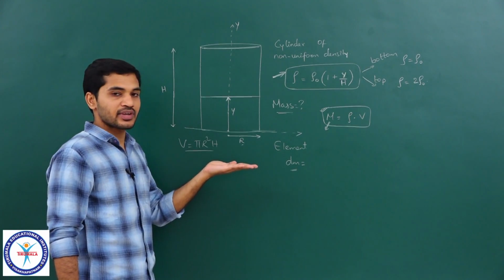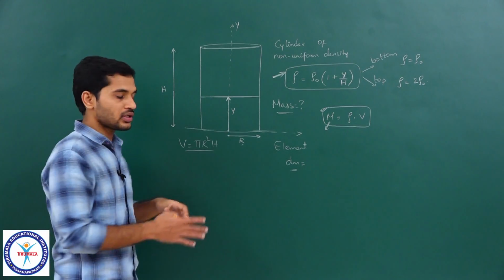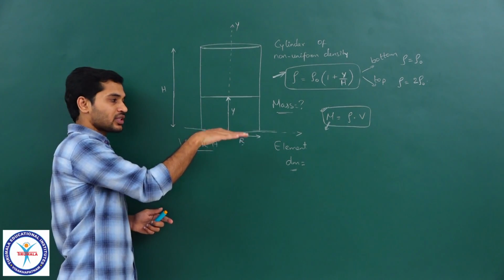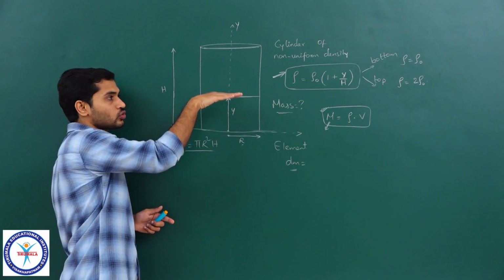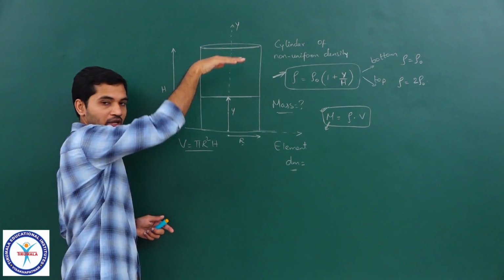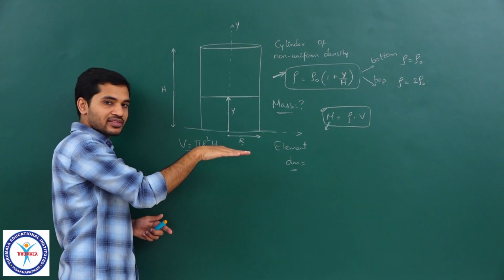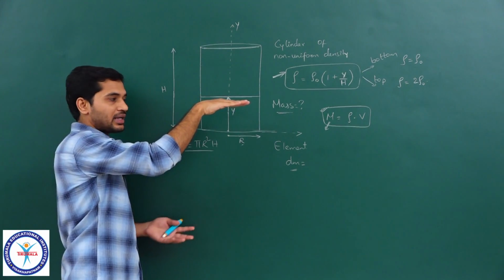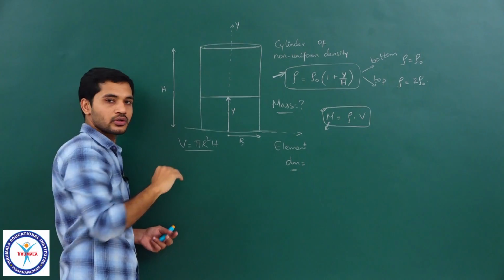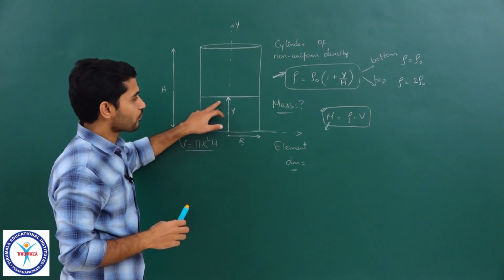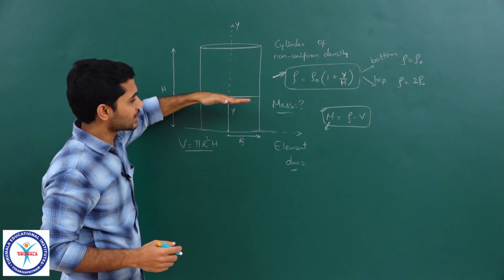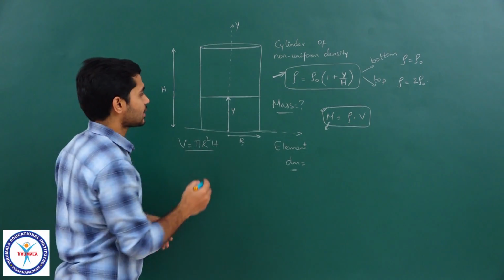So density is varying in steps of y, clear. So here it is rho naught plus something, that plus something, that plus something, and so on till 2 rho naught, clear. Everywhere on this level we have the same density, everywhere on this level we have a different value but the same value throughout the plane. Do you understand what I am saying? So density is varying with y. By looking at that, we can say that every plane has the same density.